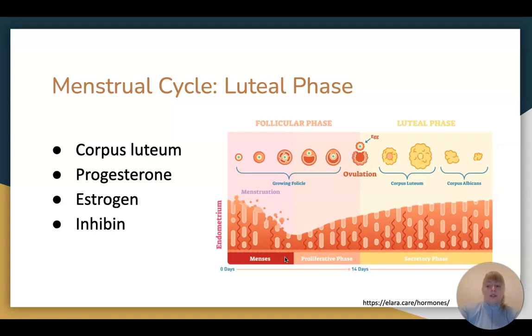Menstruation usually continues for about 3 to 7 days and goes back into the follicular phase of the next ovulation cycle. And so you can see on the right the transition through all the phases. You can see the follicular phase, then ovulation, the luteal phase, which focuses on the follicles. And then at the bottom, you can see the phases that the endometrium goes through. And those are all mediated by hormones and feedback loops.